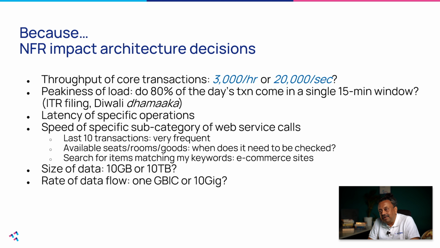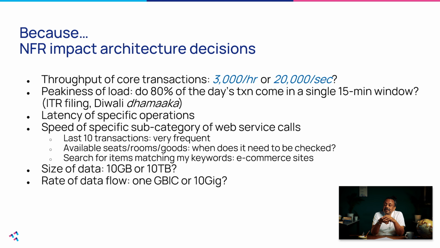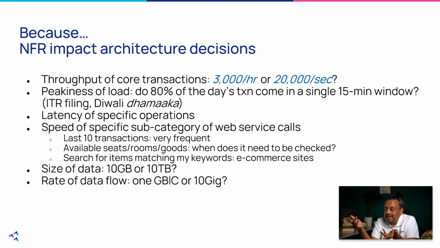The next common NFR is to do with data flow. How fast does data need to flow? Common example. If I need to replicate data from one data center to another, and I can do it every 6 hours, and it takes 10 minutes to do the replication, then that's a very easy NFR. If I need to do this every night and the data is in terabytes and it takes 12 hours to replicate, then we have an NFR challenge. That NFR is very hard to meet. So the rate at which data needs to flow from one place to another can change things very sharply. It can change your architecture a lot.